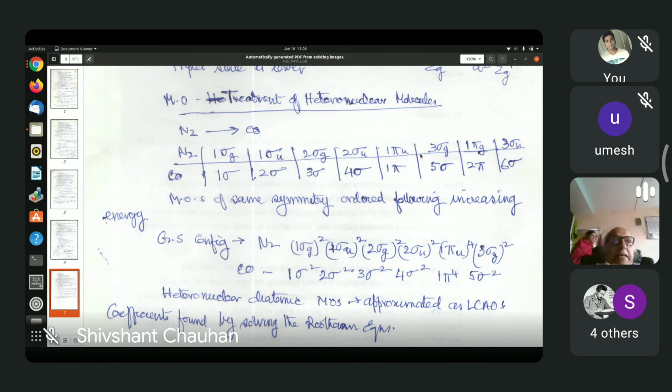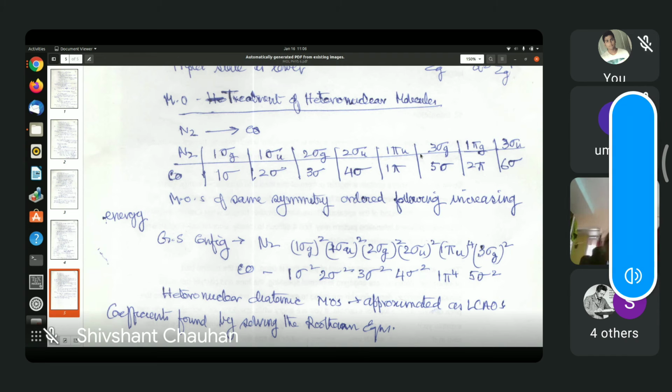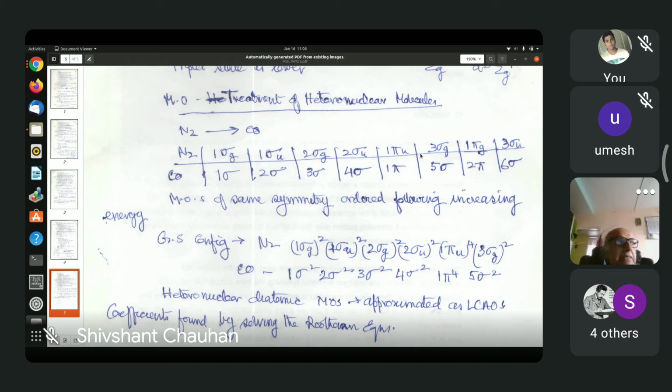For example, you can take HF. HF has 10 electrons, but 1 for hydrogen and 9 on fluorine. So when they bond, I would not expect the bonding to be the same as, say, with the 10 electrons of B2, boron 2. The hydrogen fluoride structure, HF, will be very, very different from the corresponding homonuclear B2 structure, because the difference between nuclear charges is so large.